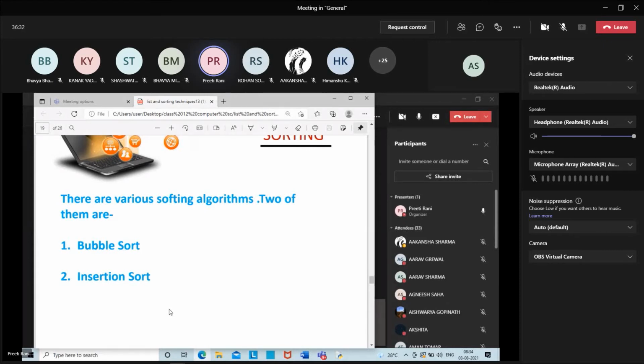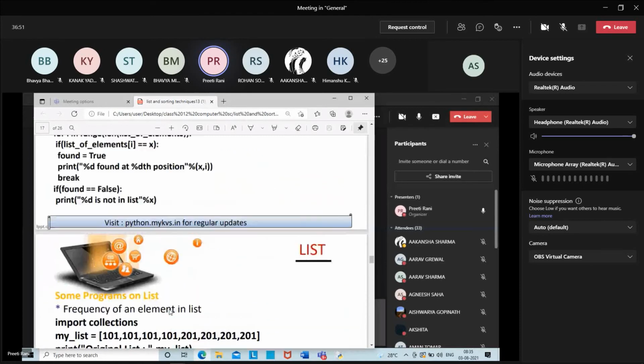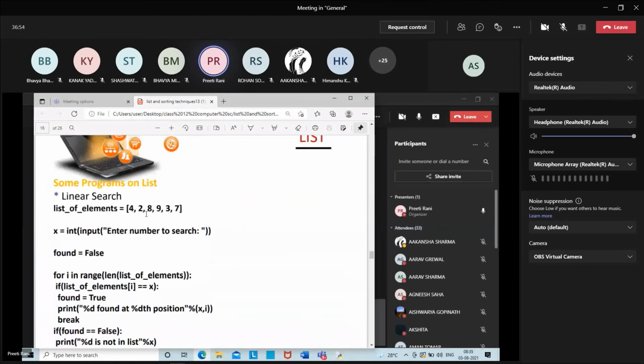In the linear search, as you were doing recently, we can only search the value one by one from a given list. For a given element, we search that data from the list one by one, getting the index value of that particular list. Whenever we were checking that particular element, it was checking from the 0 position, first position, second position, third position, checking the value of X in the list.